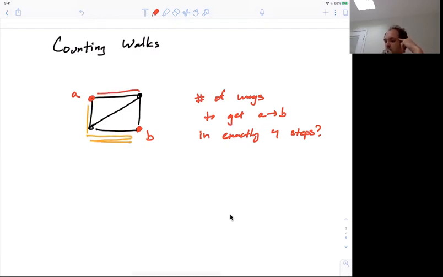Or you could do something like 1, 2, 3, 4. So how many ways are there to do that? You can try to list them all, but you'll see this gets very tedious very quickly, and it's very hard to keep track of which ones you've counted and which ones you haven't. But it turns out the answer is very simple. It just lands with matrix multiplication.